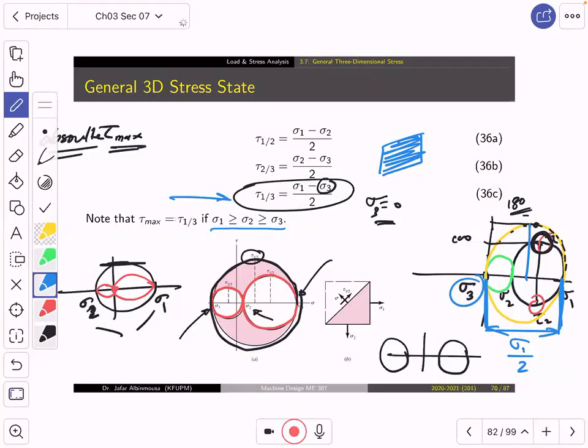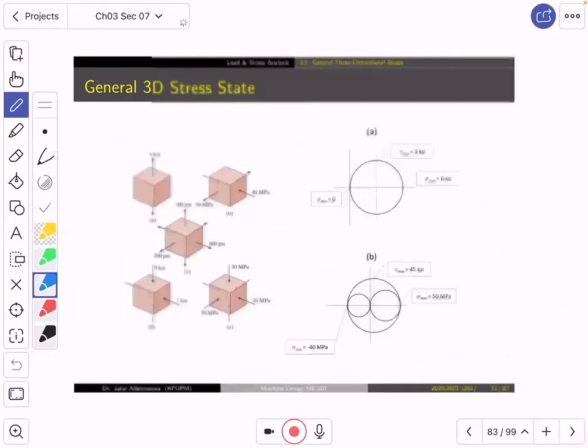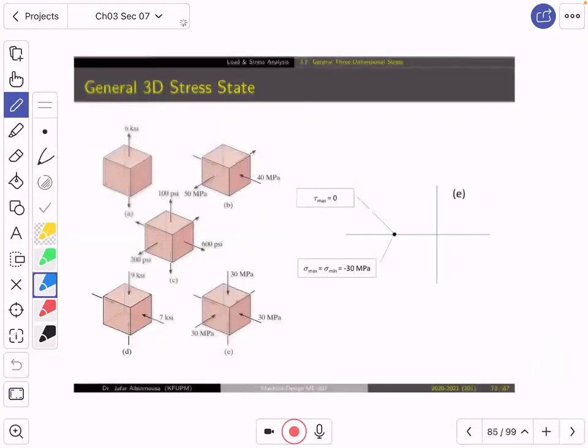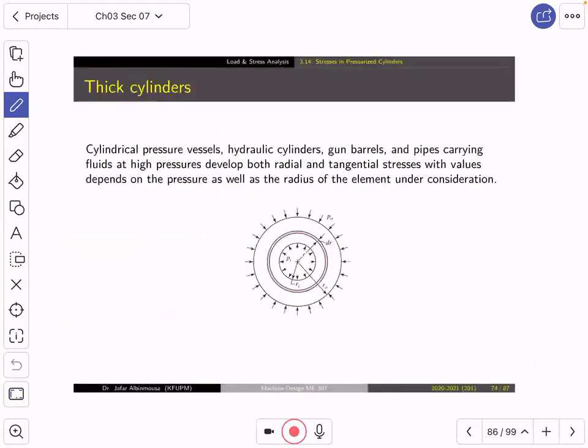Now we have a very important subject to finish. These are examples of 3D Mohr circle, يا شباب. You can read them, they are very simple. What I need to do now, in the remaining part of the lecture, is to talk to you about the pressure vessels. Pressure vessels يا شباب are very important to Saudi Arabia, and يعني believe it or not, until today